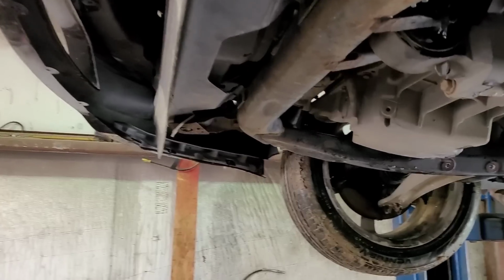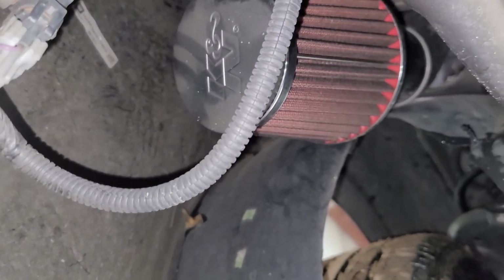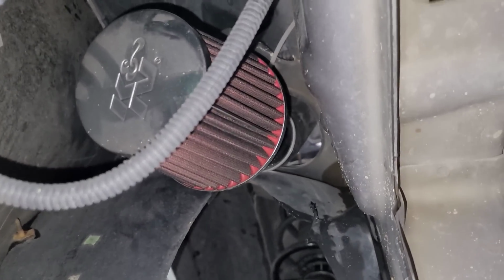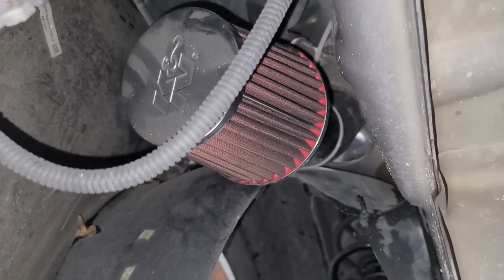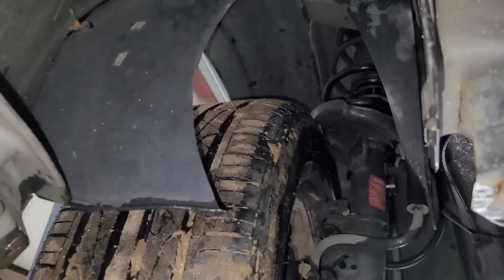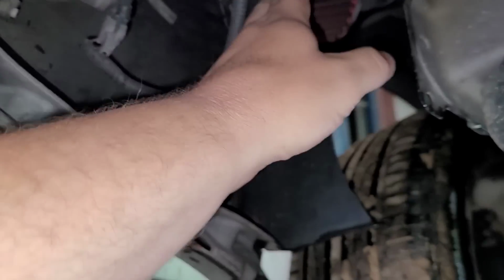So what happened here? How did this suck it up if it's going in the same location as the factory? Let me show you. Put it up in the air. So up in the air here, there's the air filter. Now, why is that a problem? Well, it's a problem mainly because this inner shield is broken, and the lower splash shield is non-existent. It's not here. So you hit a puddle, and the water will come like this straight up here, and now